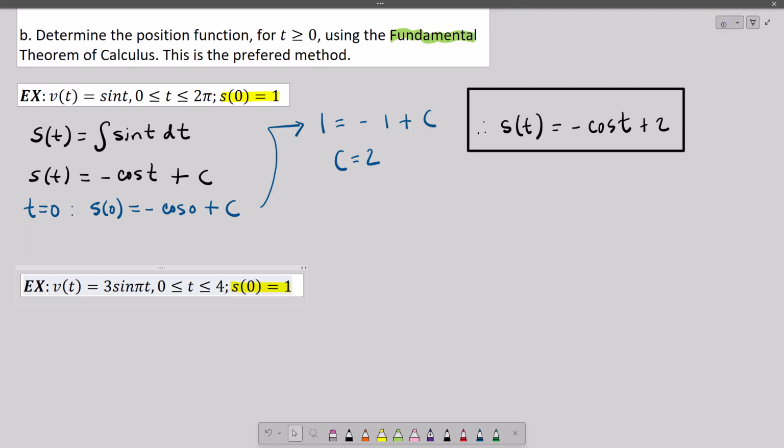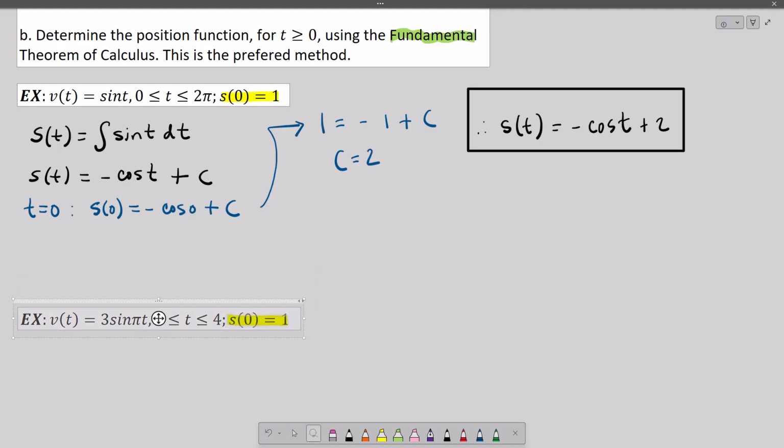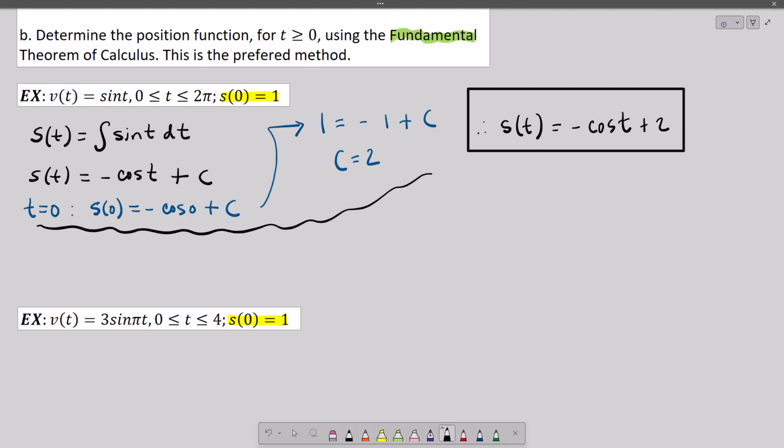Now, if we do it the other way, the preferred way, with the fundamental theorem of calculus technique, here's what that would look like. So let's put a line there. We would say that s of t is equal to s of 0. So that's the initial point. S of 0 is the starting position, initial position. And then we're going to displace on the time interval 0 to t